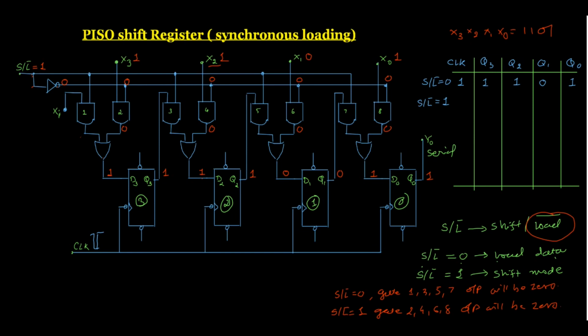And if we see that gate number 1 is connected to this line, correct? So here we have 1. Now same way, the input to gate number 3 will also be 1. Input to gate number 5 will also be 1. And the input to gate number 7 will also be 1. So here if we see, this input